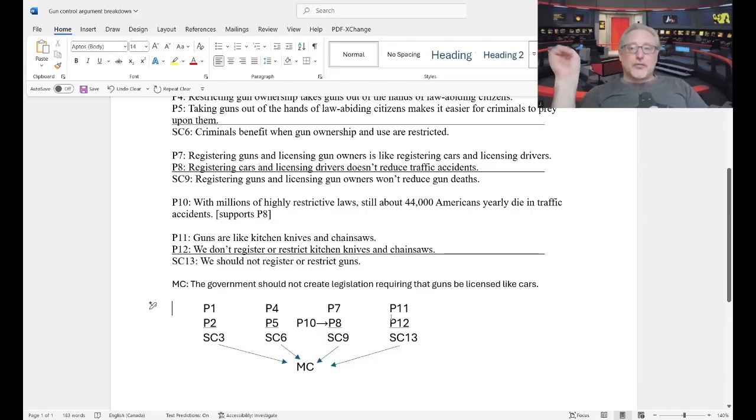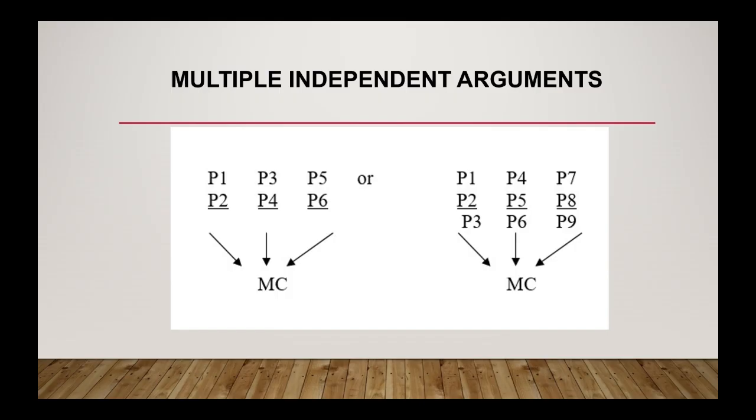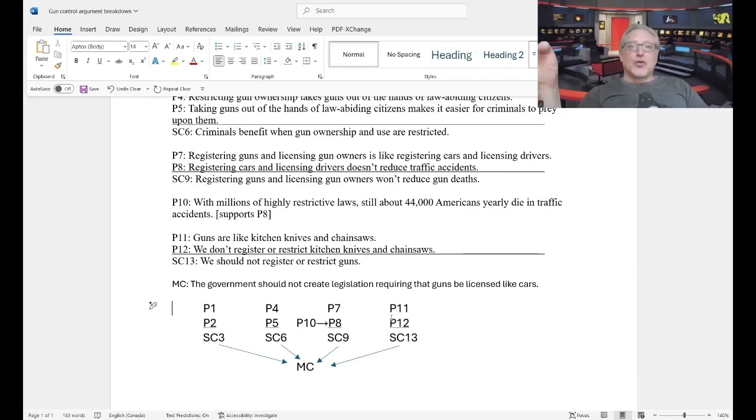In fact, it looks very much like one of the argument diagrams for the multiple independent argument strategy. Maybe I'll insert a picture of it here in the edit. And of course, those examples were the simplest and most straightforward version of the argument strategy. Now, it may not have been necessary for us to have drawn an argument diagram for this, but equally, it's not necessary for me to explain it because it's so straightforward.